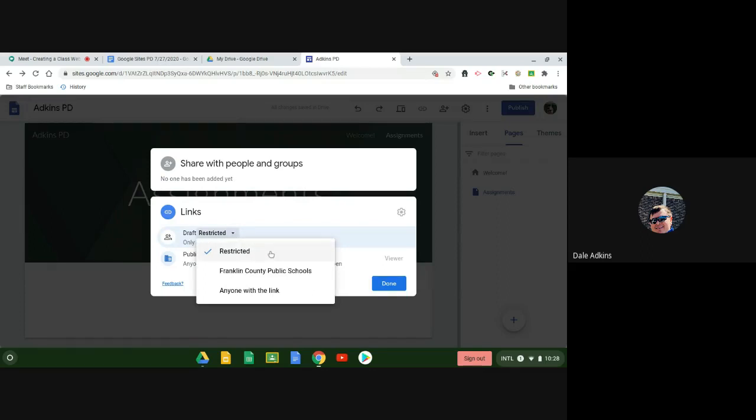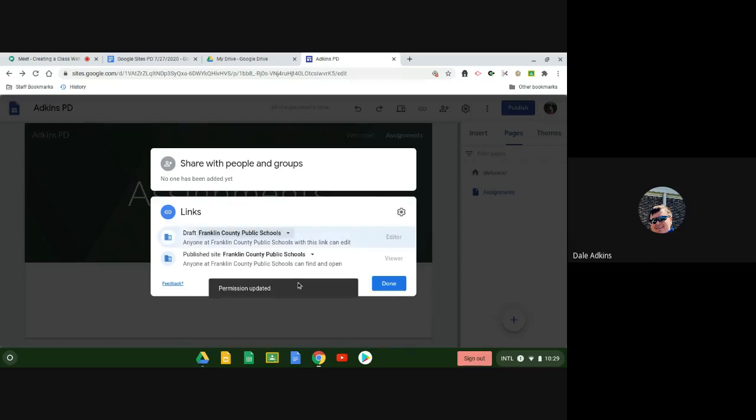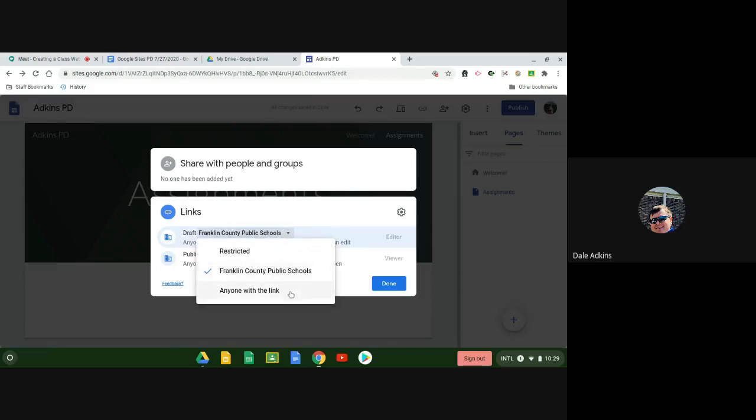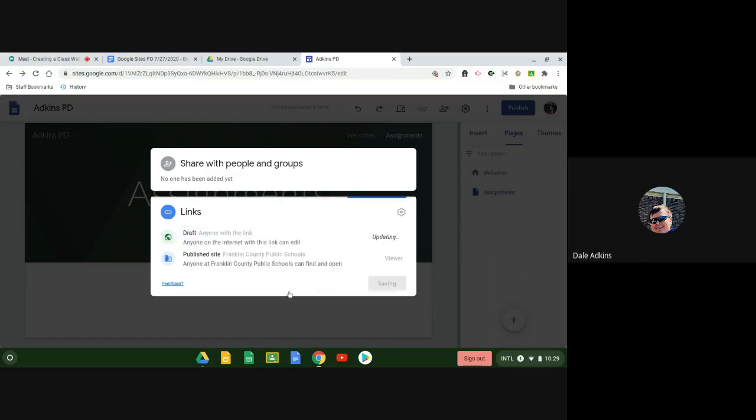Now I've got three different options. So again, restricted is where I only share it with specific people up there at the top. If I click on the Franklin County Public Schools, that basically means that anybody that is signed in with a Franklin County Public Schools email address can edit this. And then I can go right here and go anyone with the link. So that basically means that anybody, regardless of what email address they have, can edit this. So that's a little bit